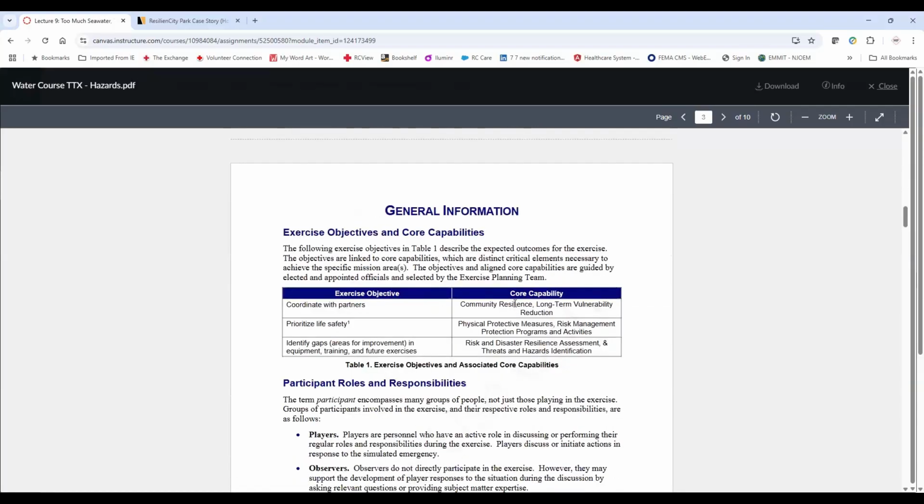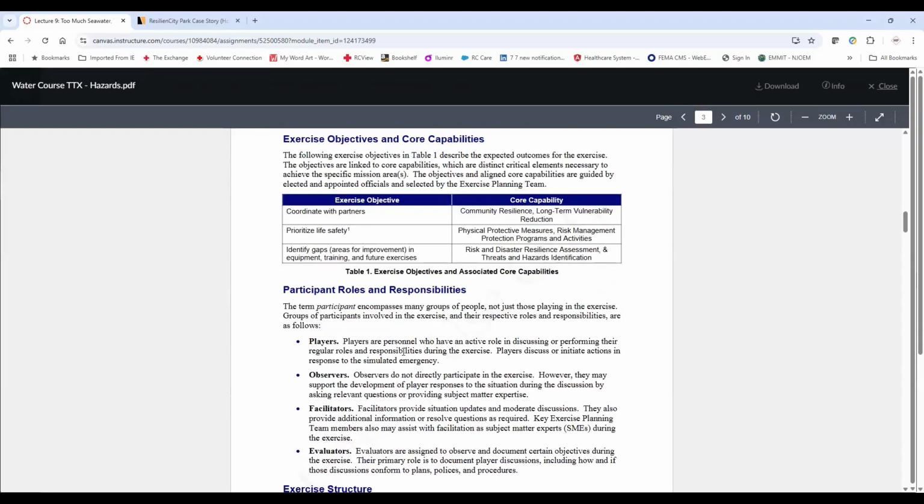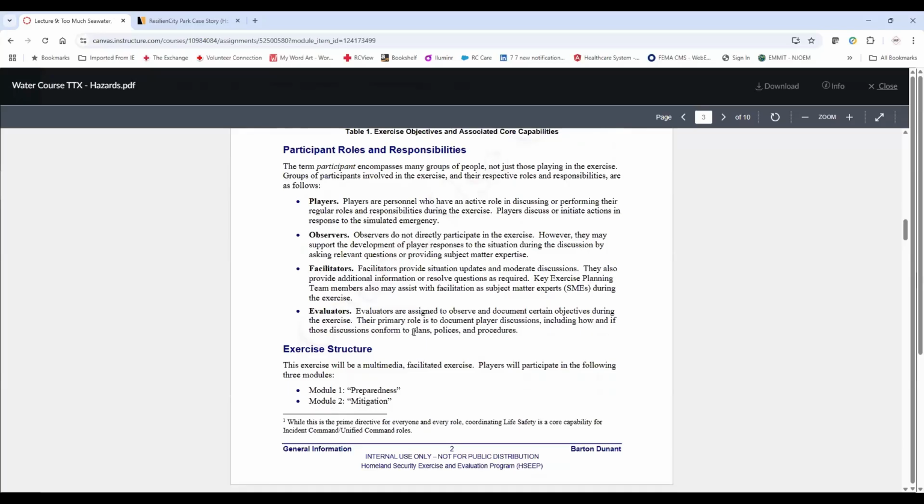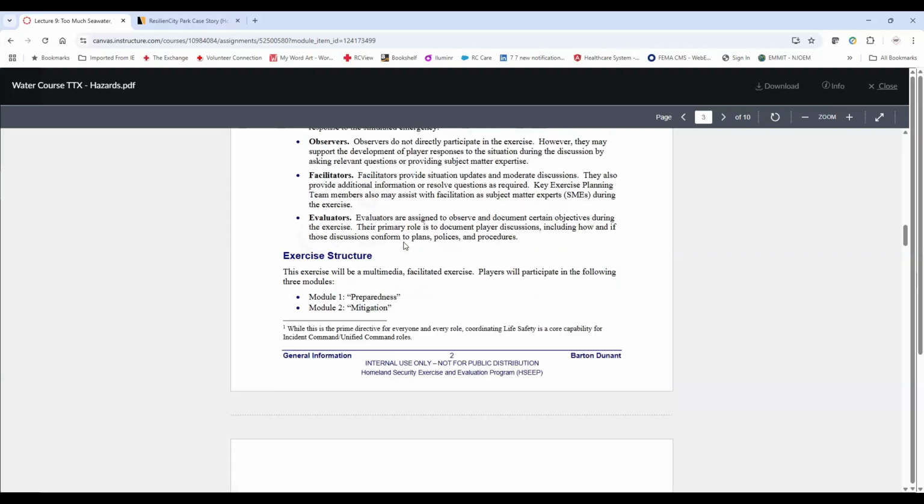So here's our standard set of HSEEP criteria, objectives, and core capabilities. Again, three objectives and multiple spread out core capabilities. Those core capabilities, from that 32 list, split this way pretty easily to see how this works. And again, life safety is something everybody should do, and command should be putting it as a priority. That's why there's a footnote there. We don't have any observers, facilitators or evaluators for this today, but if you were to take this yourself, you certainly could use them. It's a standard way of working through these and almost every other exercise out there.